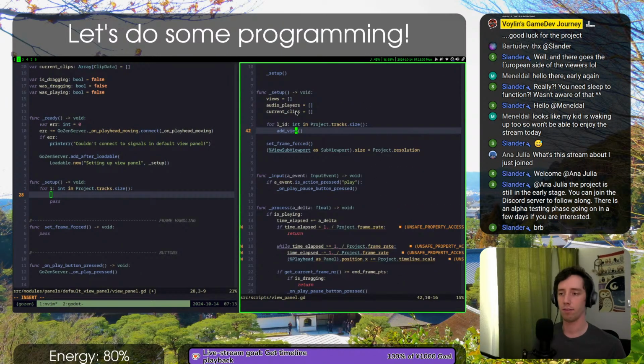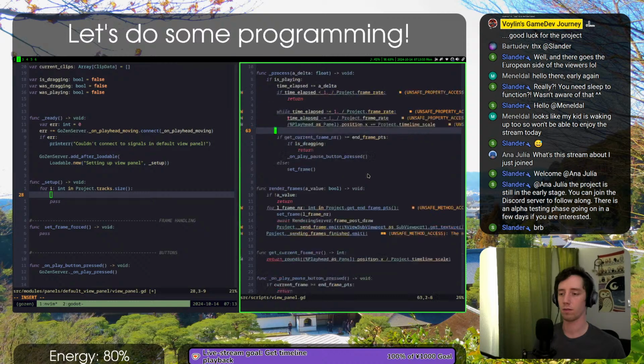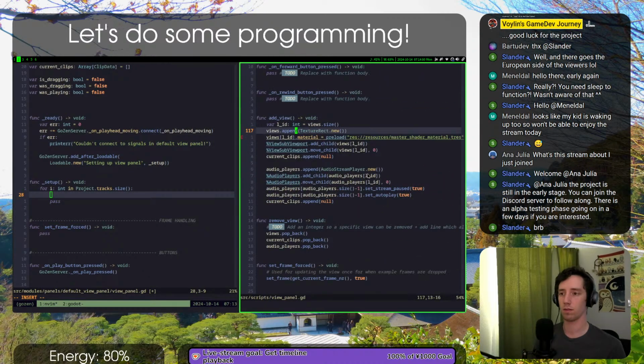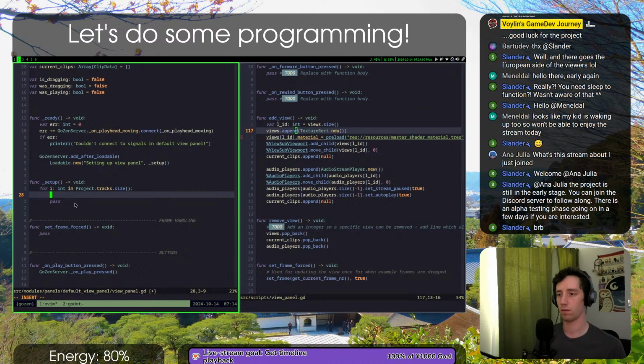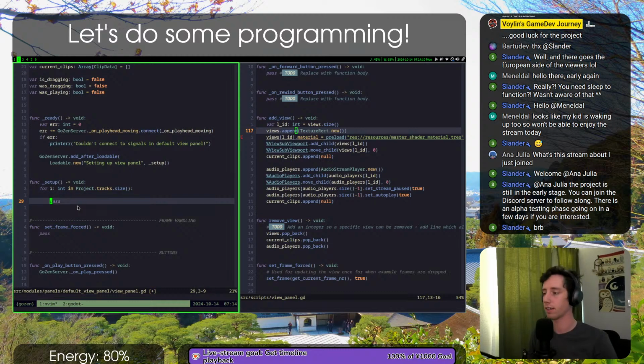We add a view. I think I can just create this here instead. I don't think this will be a separate function unless you can add tracks afterwards. So